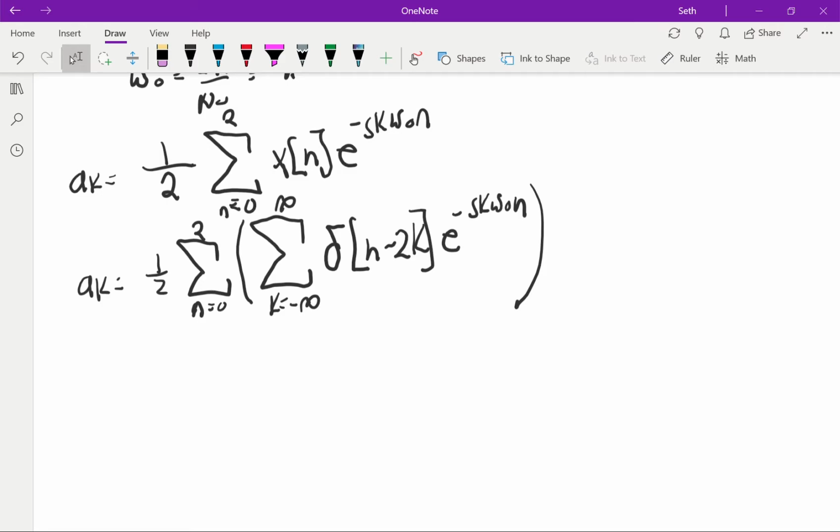The easiest way to do this is to realize that this inside summation right here, where we're iterating through k,